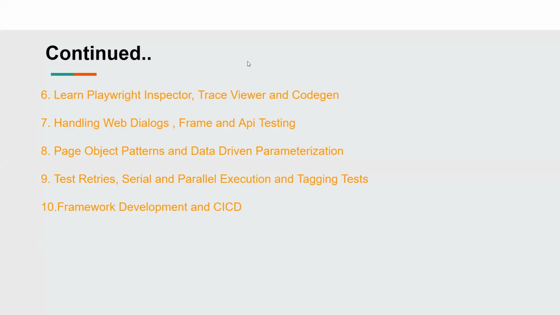And then we'll create a pipeline. The pipeline might be in Azure DevOps, or it might be in Jenkins. We can set up any one of those, and then we'll demo a complete process from the start, from the development of the framework till the time it gets embedded into the pipeline and you're executing the test. All these things would be shown in this course. Let's move to the next slide.